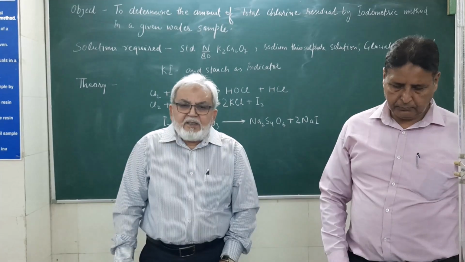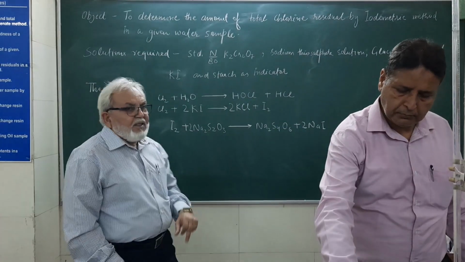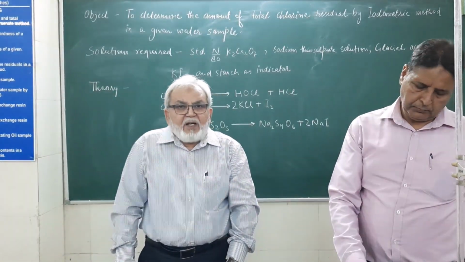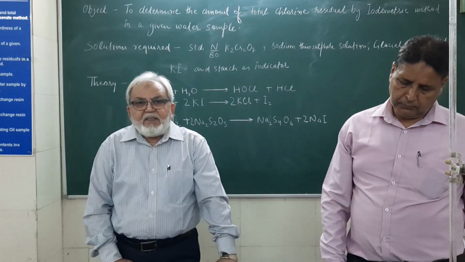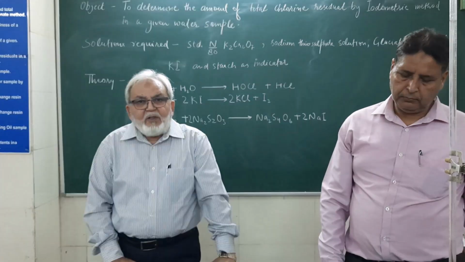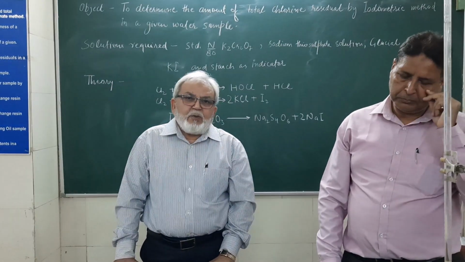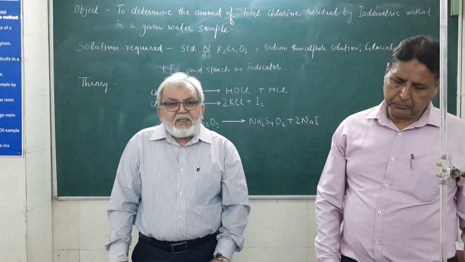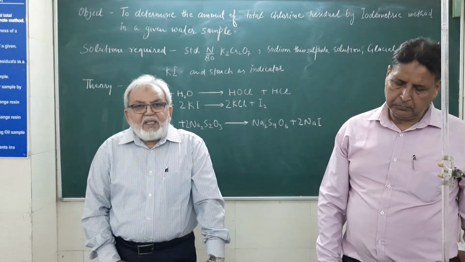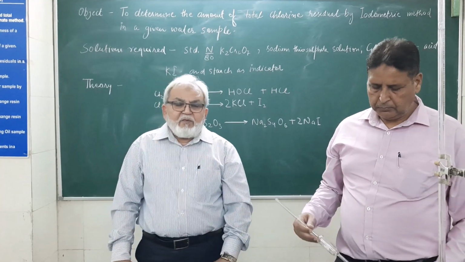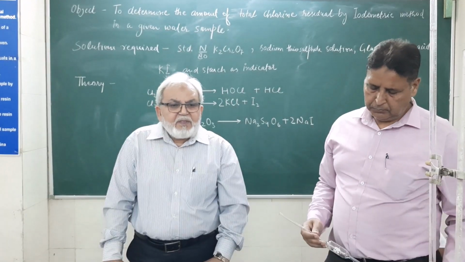of standard potassium dichromate solution N/80 into the conical flask, and then you have added few drops of sulfuric acid, then 5 ml of potassium iodide solution, and then it was titrated against the sodium thiosulfate using starch as indicator. You all must be remembering this. So in the same manner we will be proceeding for the standardization of sodium thiosulfate.